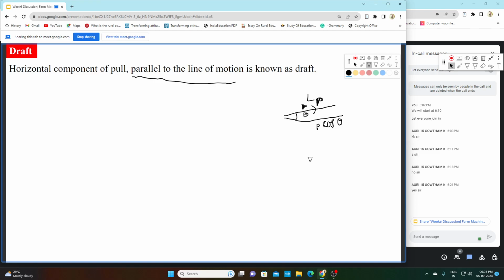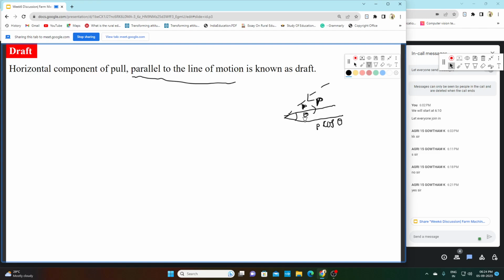Okay, so what happens is, this is the view of one plane, and this is the view of the pull plane. So our line of motion can be in another plane. If our line of motion is in this plane, so what we have done,